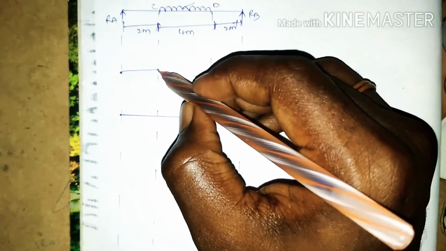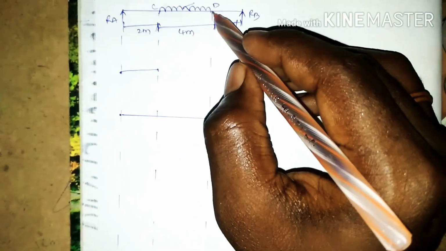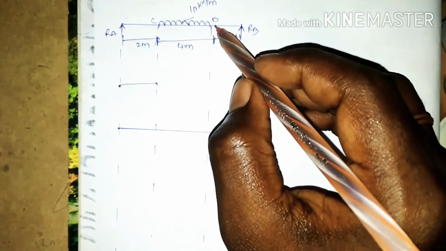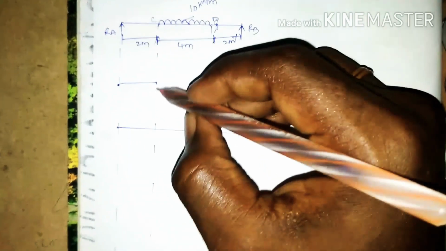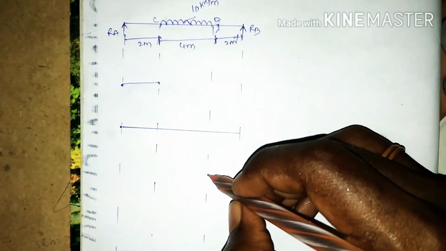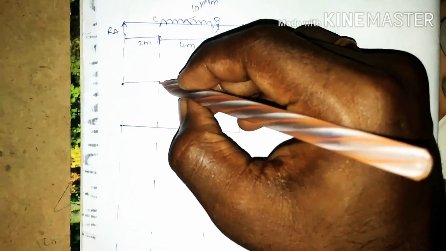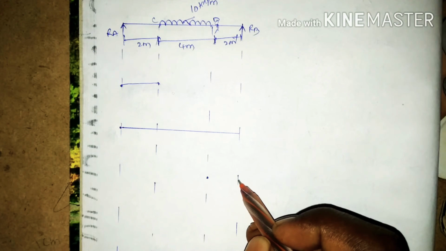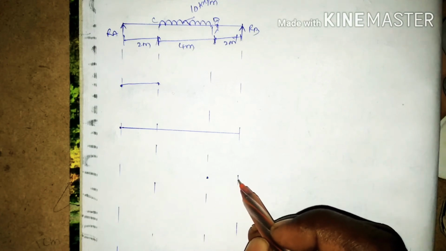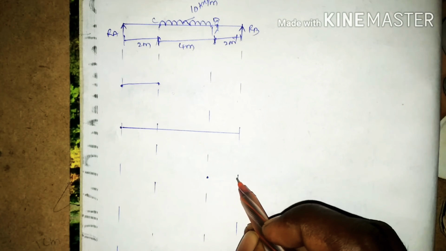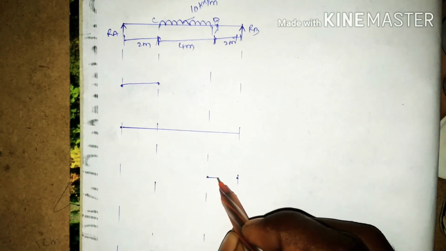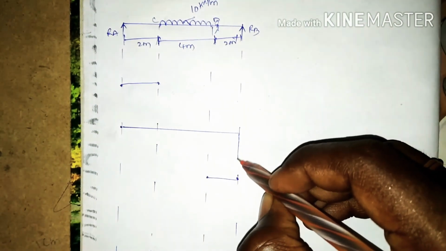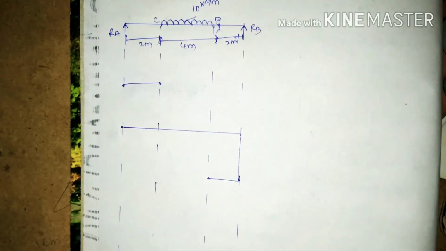After the right of the C, the value is going to decrease, and for the left of the D it is going to be the same. For the right of the D we find that it goes to negative 20, and after moving to the B, for the left of the B we have the same value, minus 20, continuing with minus 20. After the right of the B we get 0 on the reference line. Let us join these points.